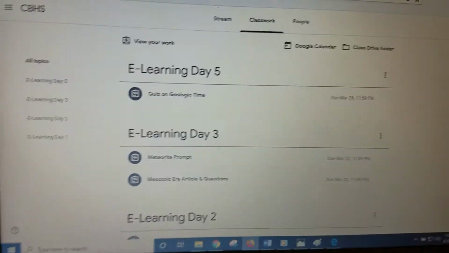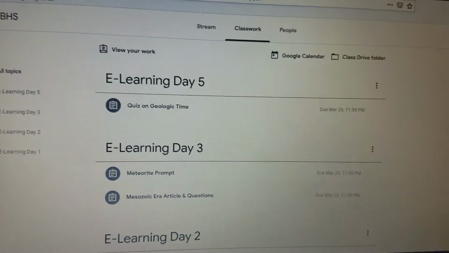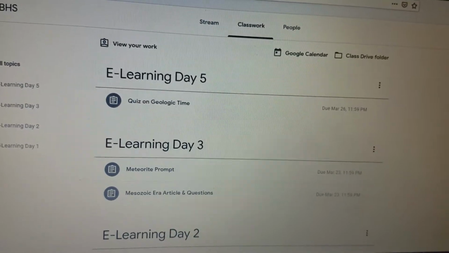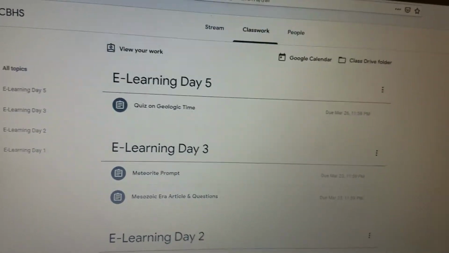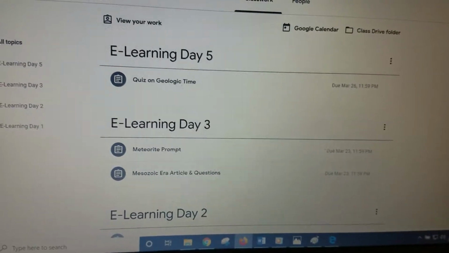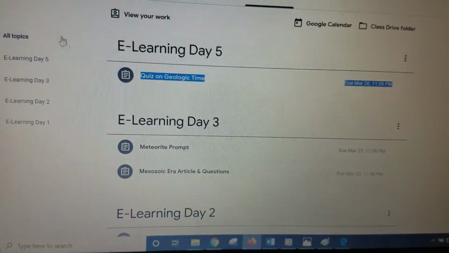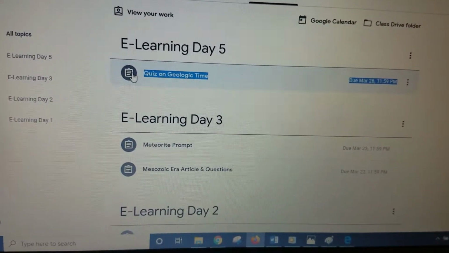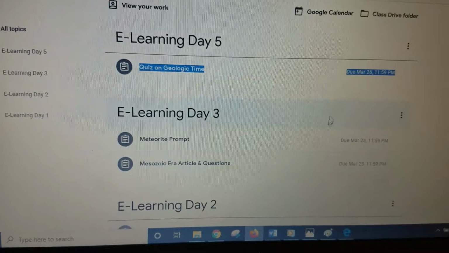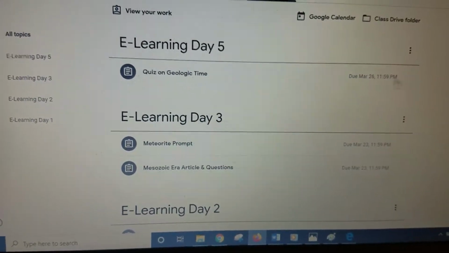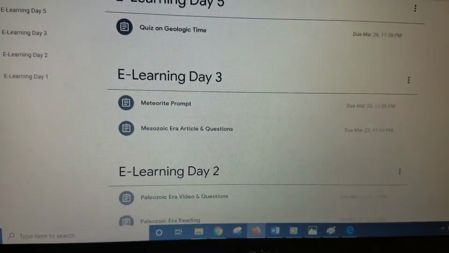Now, if you notice, e-learning 6 is not there and e-learning 4 is not there. Why? There are no assignments in there yet. Okay, I scroll down. Notice how these are dark blue and that there is a date there. That means it's an assignment to complete and has a due date. If I scroll down further,